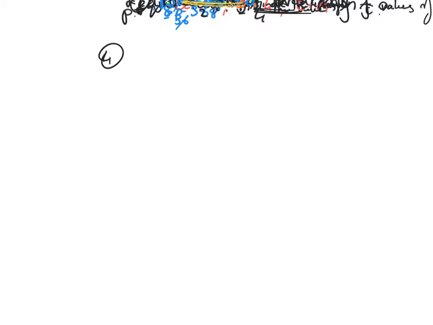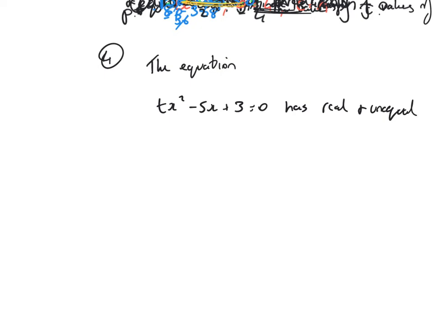Okay, example 4. The equation tx squared minus 5x plus 3 equals 0 has real and unequal roots. So real and unequal is just another way of saying real and distinct. So they're real and there's more than one. So interchangeable terms there, real and distinct and real and unequal means the same thing. Find the range of values